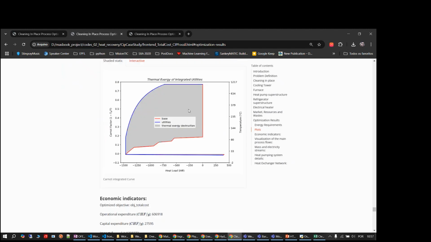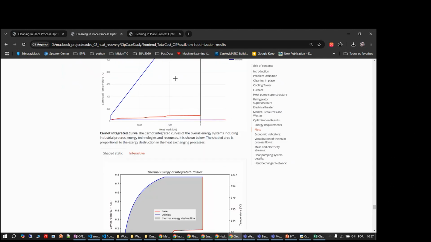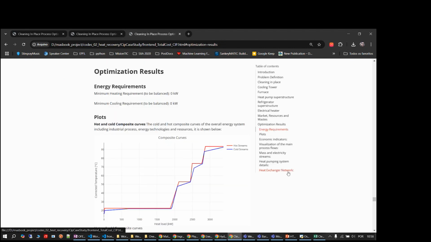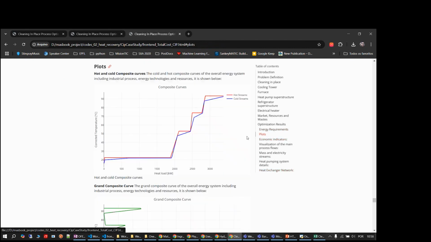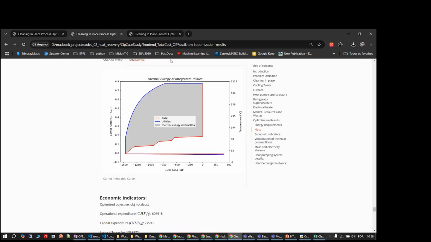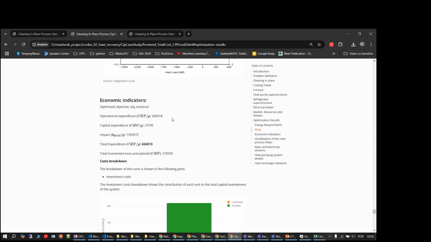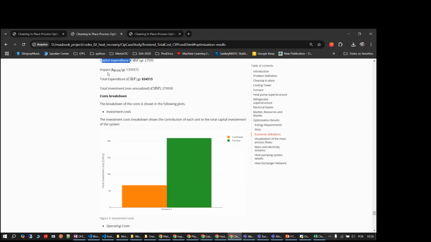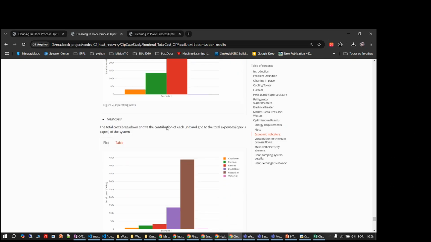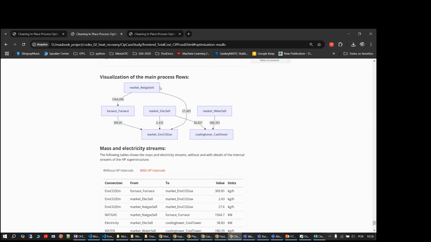So it will have analysis: how the integrated curves look when you are using fossil resources, and also how they look when you are using heat pumps. When you reduce the irreversibilities of the system, you can compare KPIs such as operational expenditures, capital expenditures, and impact. You will also be able to do breakdowns of the operating costs,